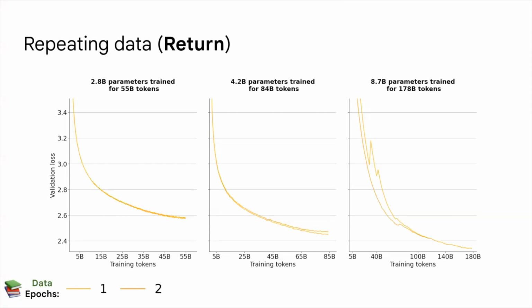So this is quite significant, because it means that we can just train existing large language models on the same data that previously wasn't repeated and just repeat it for another epoch. And we just keep getting just as good performance gains as if we would have had unique data from the start.